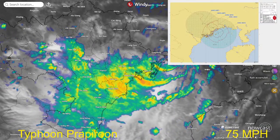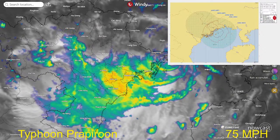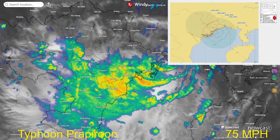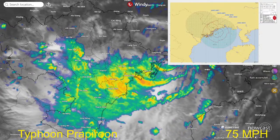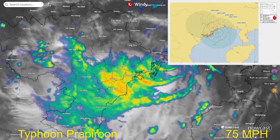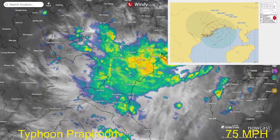Strengthening is going to stop. It's not going to strengthen anymore. We did not expect it to make landfall as a typhoon. We expected it to weaken down to a moderate tropical storm or a low-end tropical storm. But this is...